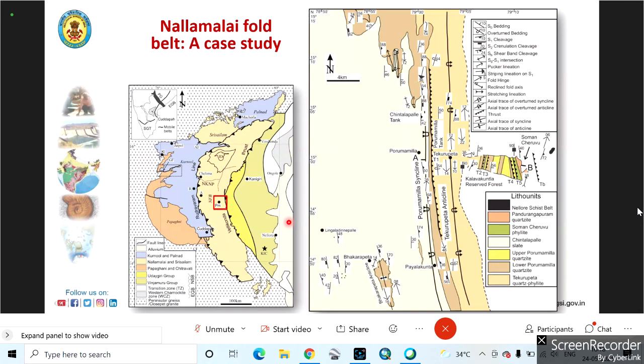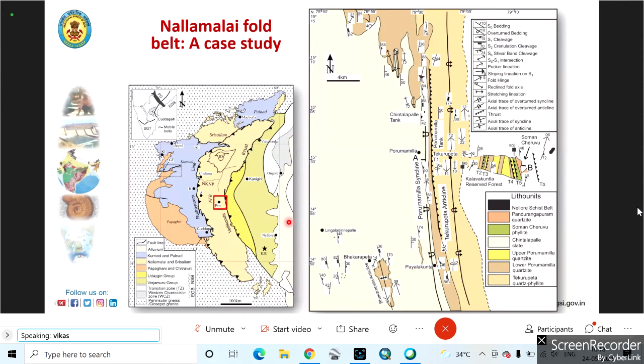Right. So I will try to give you a view of how we can proceed to do some mapping. This was one of my first mapping areas that I had done. You can see it's part of the Kadapa Basin in Andhra Pradesh, and the Kadapa basin is a crescent-shaped part. The right side green ones you do not consider. Those are the Nellore schist belts. The orangish color on the right side is the Nallamalai fold belt. It's a highly deformed fold and thrust belt.